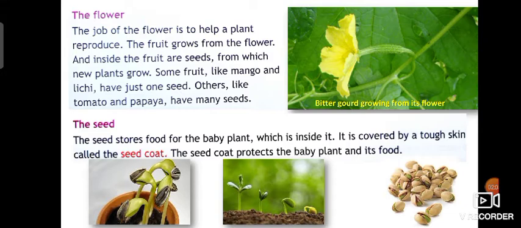The fruit grows from the flower, and inside the fruit are seeds from which new plants grow. Some fruits like mango and lychee have just one seed. Others like tomato and papaya and guava have many seeds.